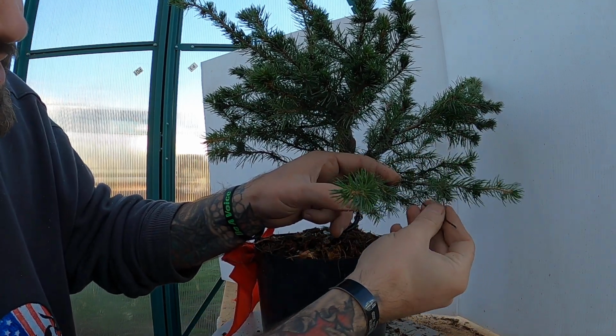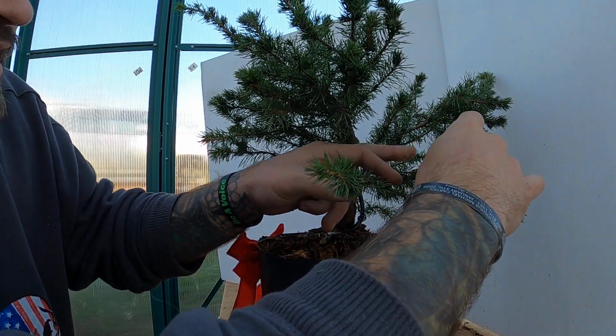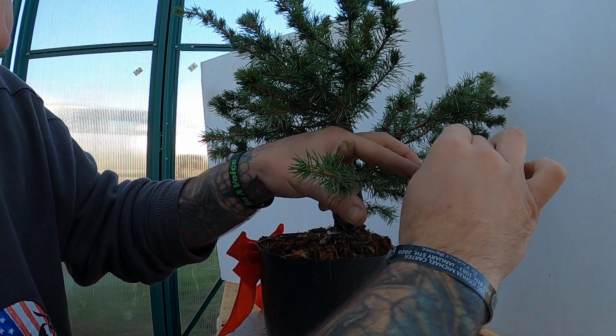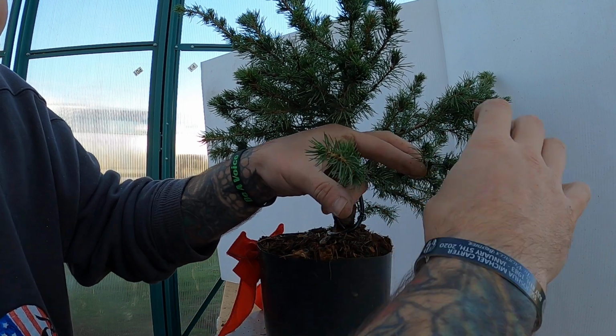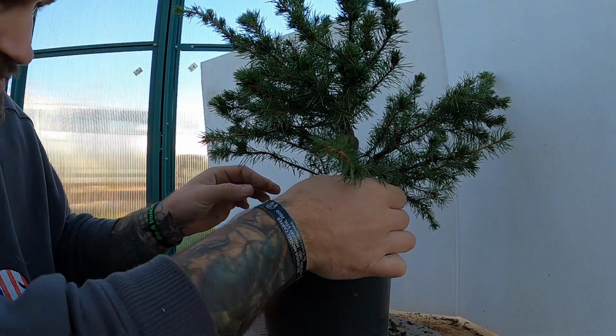This one's got a lot of buds on it, so I really want to be careful with where I place the wire because I'm not sure. I know I'm not going to keep it this big, but I also like having the options. So that's where I'm going to go with that one. So now